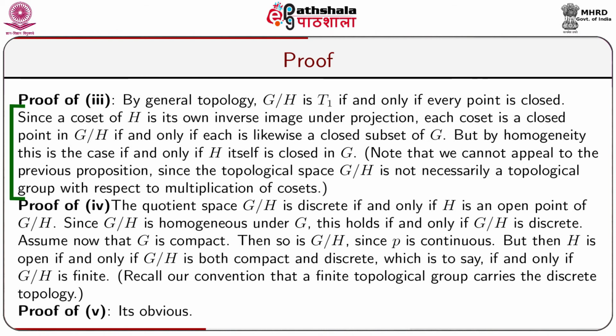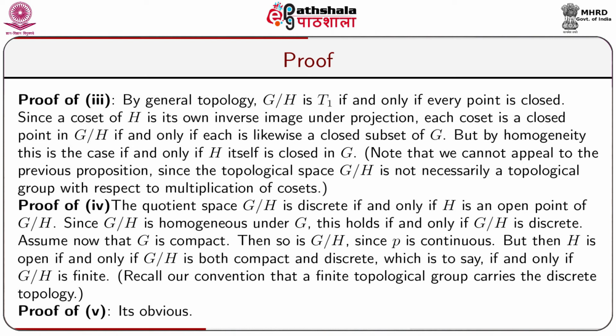So, to prove that G by H is T1, we have to show that the singleton set H is closed. Now, it is already given that H is a closed subspace of G. So, we have that singleton set H is closed, and therefore, every aH is closed. That means every singleton in G by H is closed. This proves that